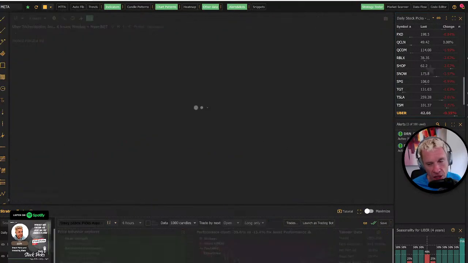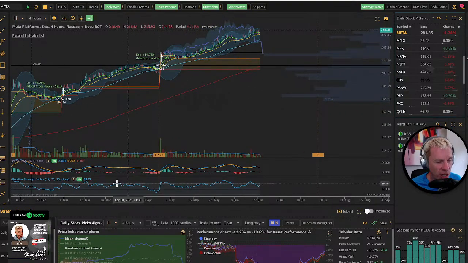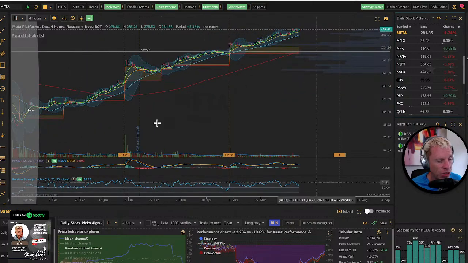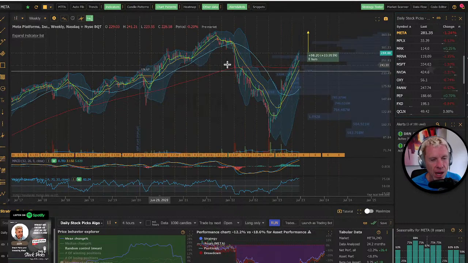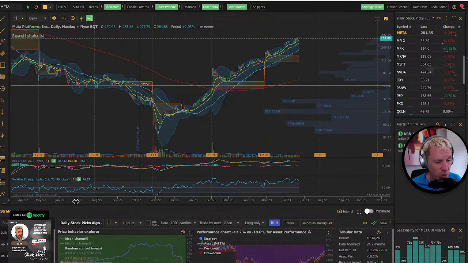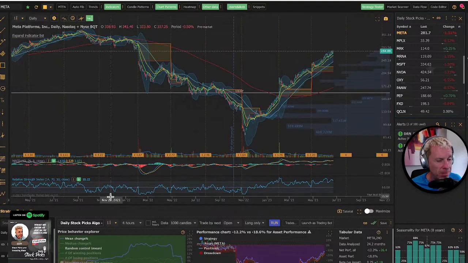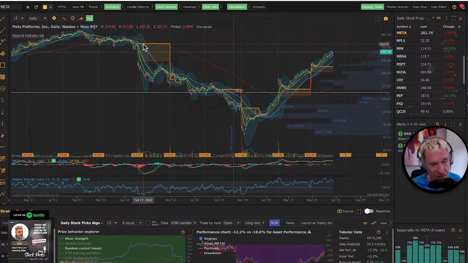Another one that I don't own, and the third one that Evercore brought up, is Meta. And I got out of this in December. I got out of this well before December. It was during the gap, and I need to go to a weekly to really show you the gap. Maybe it's a daily. But it's been a while. I think it was January 2021. It was what caused this one to fall. It was February 2022. And the market just followed it. But this one goes all the way to 314. You're going to see it cover this gap. And so I think Meta's got momentum.